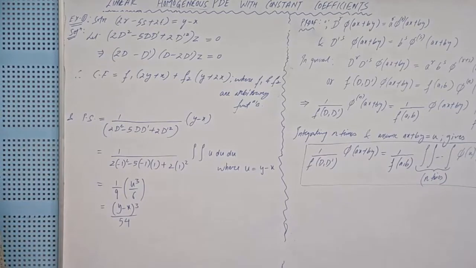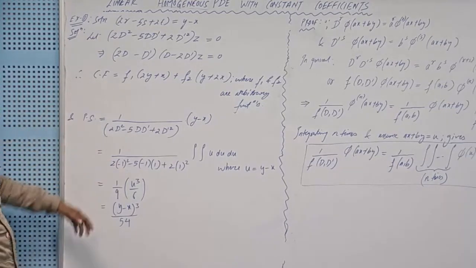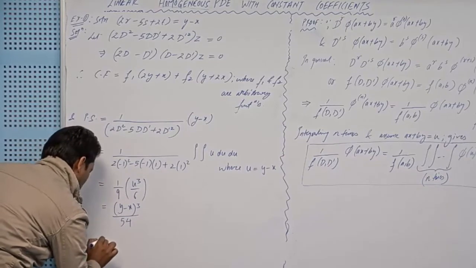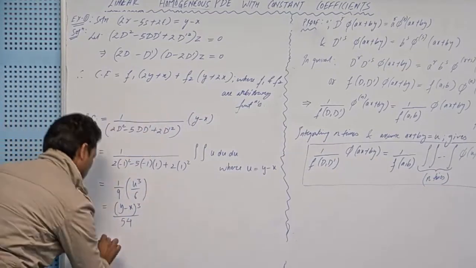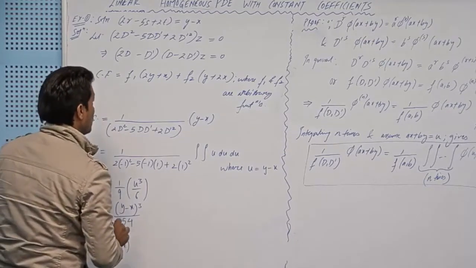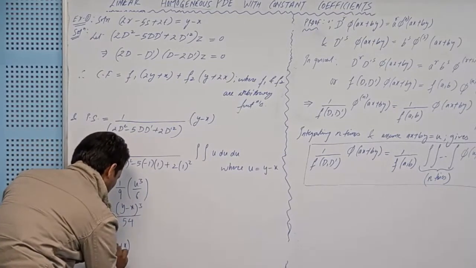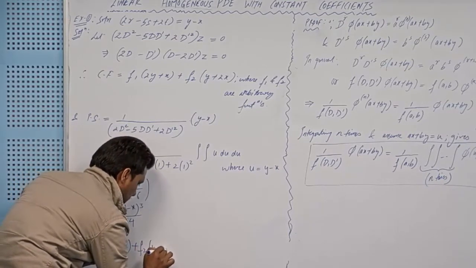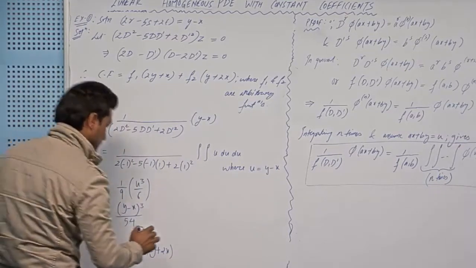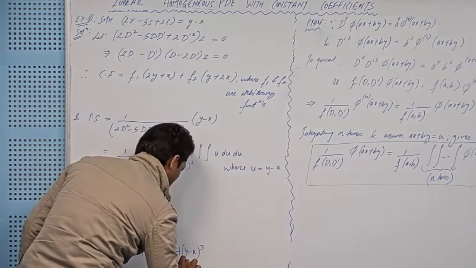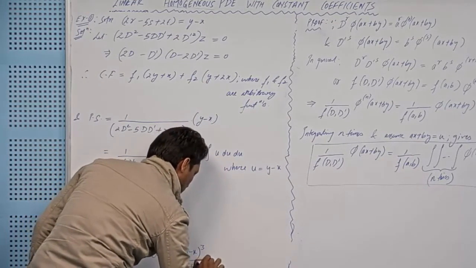So this is our particular solution, and adding these two I will get the full solution. Then z is equal to CF plus PI, means f1 of 2y plus x plus f2 of y plus 2x plus y minus x whole cube upon 54